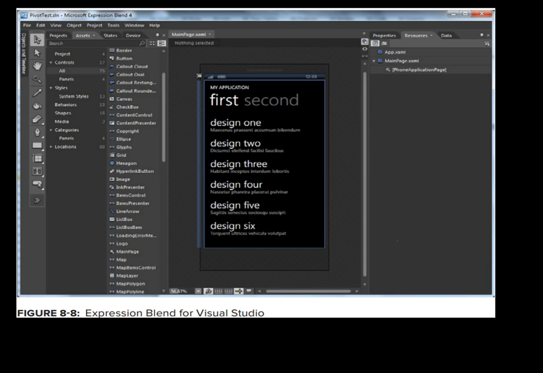And the next part is about Expression Blend. Expression Blend is a user interface design tool, again developed by Microsoft, with an emphasis on what you see is what you get design for Extensible Application Markup Language based projects. The diagram shows the Blend user interface with the standard tools, displayed on the Windows Phone pivot application. These are the tools that are available to us. Using this, you can perform the expression blending.